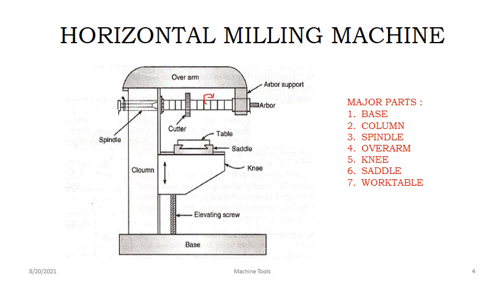The knee moves up and down with the help of guideways as well as the elevating screw. If the elevating screw rotates in the clockwise direction, the knee table moves in the upward direction. Suppose the elevating screw rotates in the anti-clockwise direction, then the knee table moves in the downward direction. So you adjust the table as per your requirement with the help of this elevating screw. These are the major parts of the horizontal milling machine.